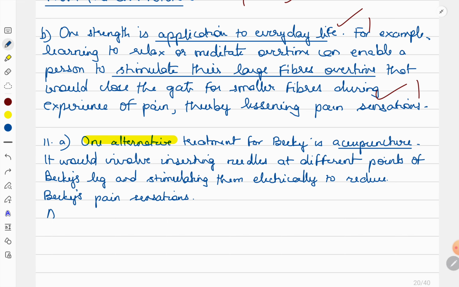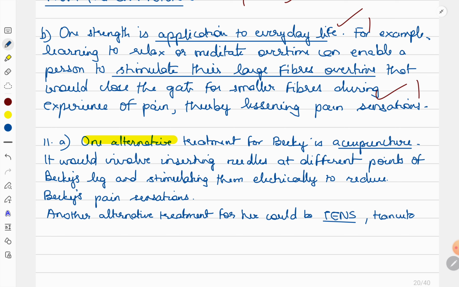So we would say another alternative treatment for her could be TNS, transcranial electric nerve stimulation. Electrical nerve stimulation. It would involve